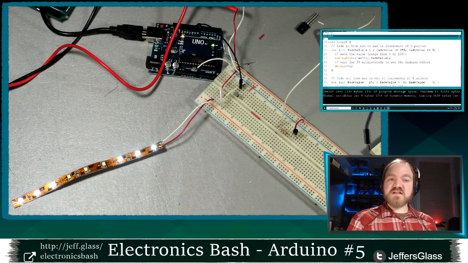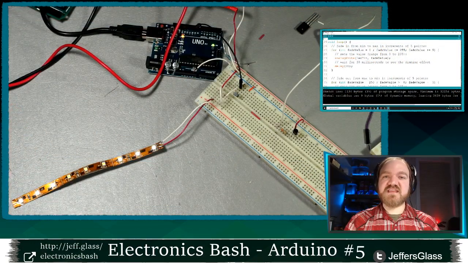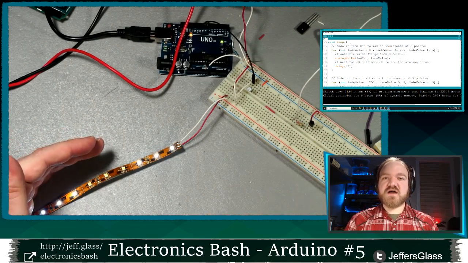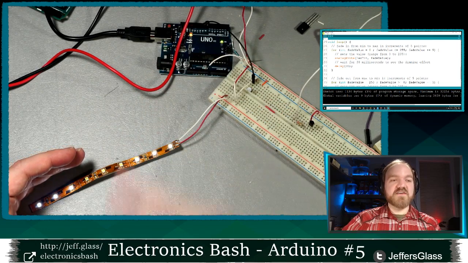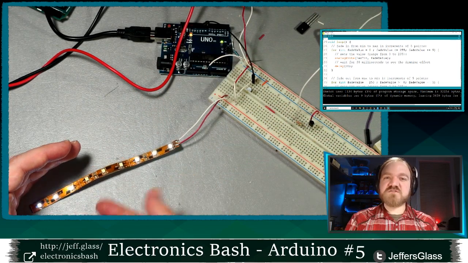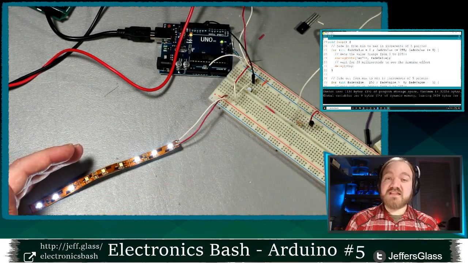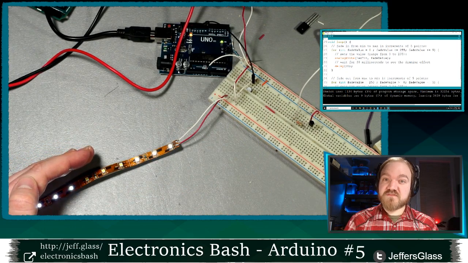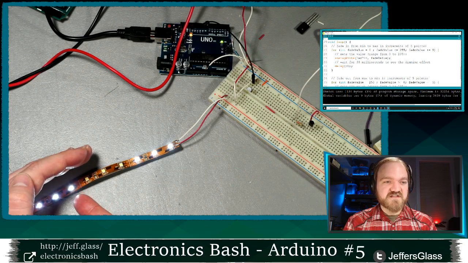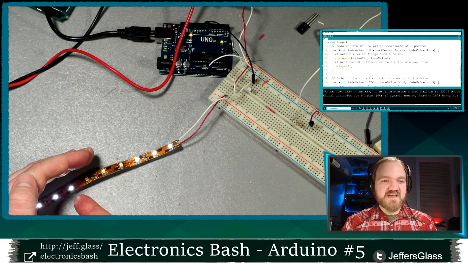All this code is going to do, we talked a couple weeks ago about using the analogWrite function to apply some pulse width modulation to simulate an analog value coming out of your Arduino, and that was used to dim a single LED in that situation. But the same code can be used just as well to dim something that's being controlled by a transistor. And you can see at this point that LED tape is being dimmed on and off,